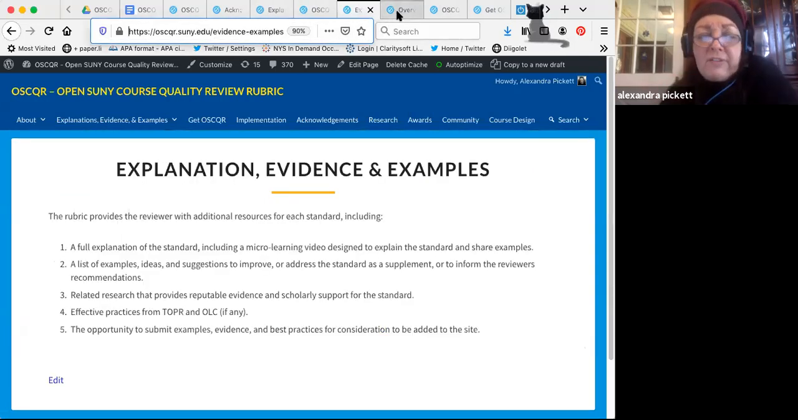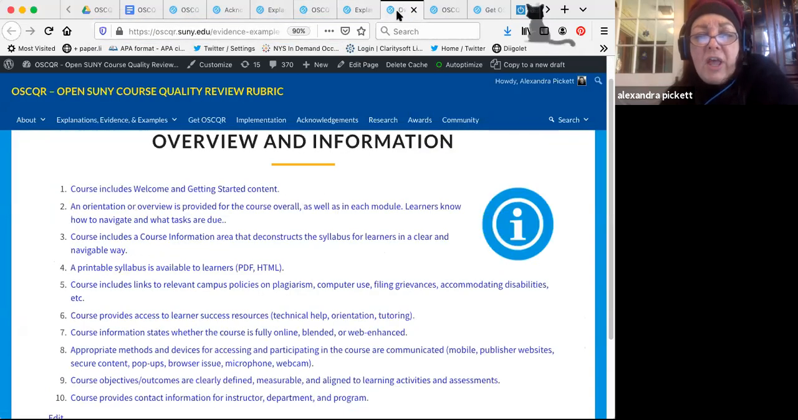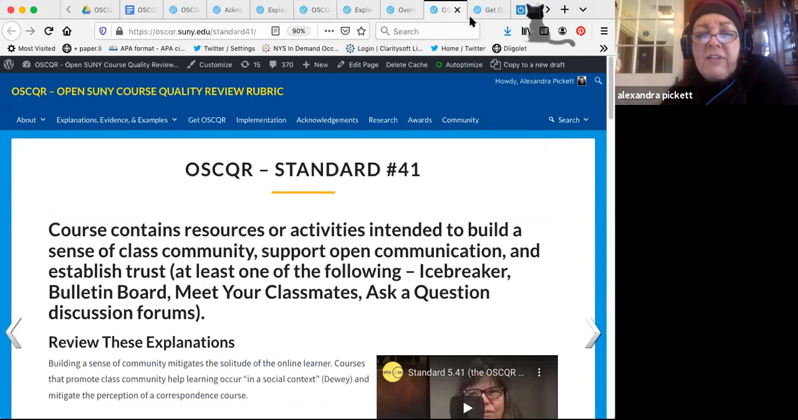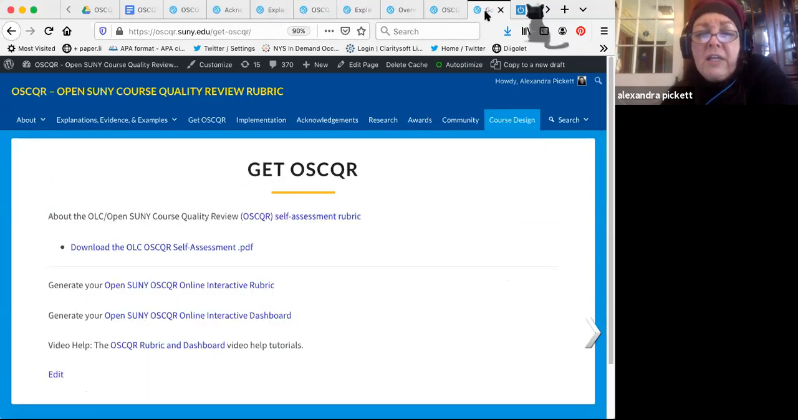Again, that's the organization of each of the standards. And basically, as I mentioned, that's how they are designed. I mentioned that I would show you how to get OSCQR. So from the menu, you can click on Get OSCQR, and you can download the self-assessment and learn more about